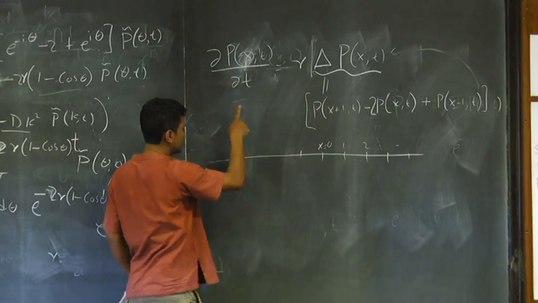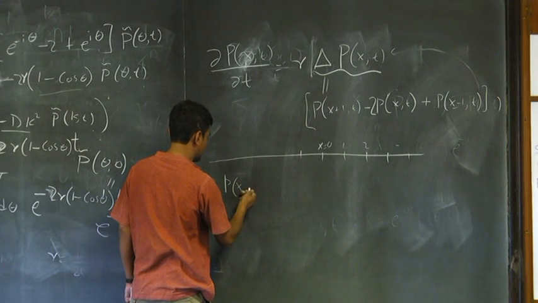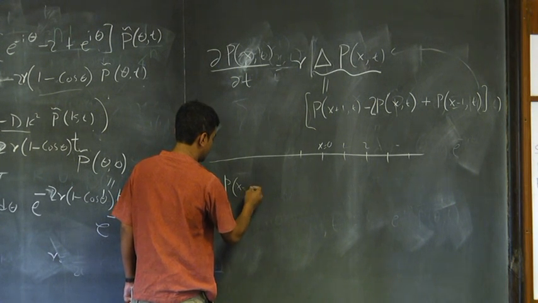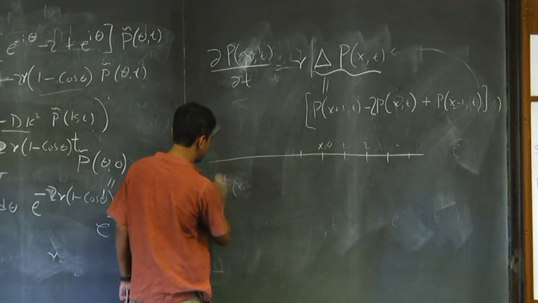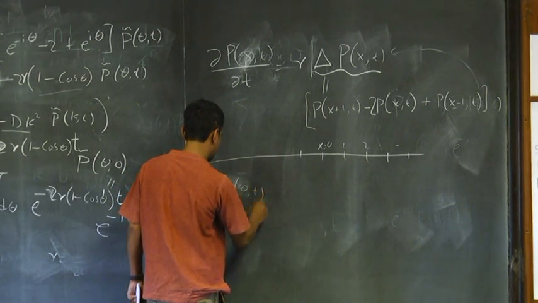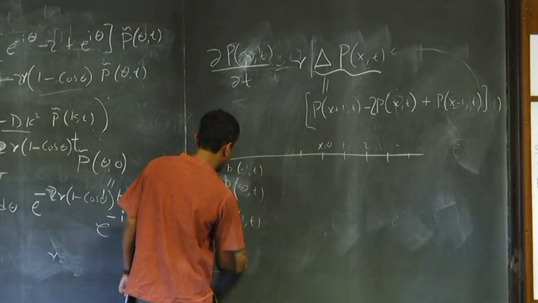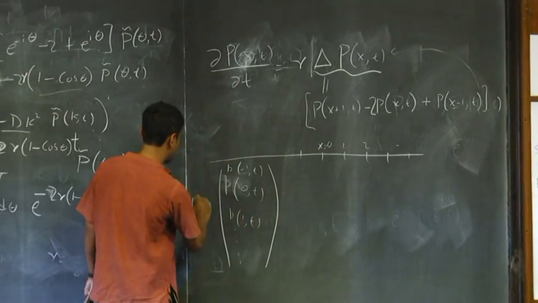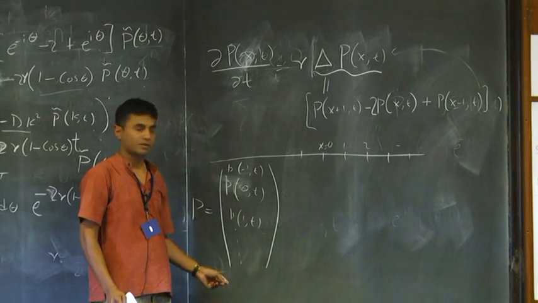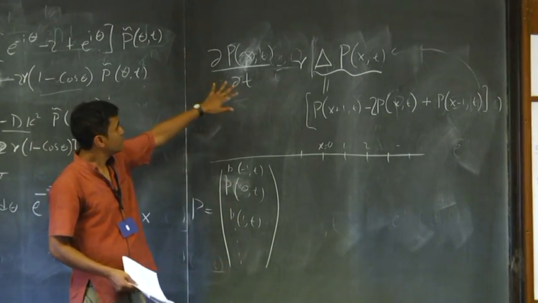If you think of this as a column vector, p of x for all possible x, this is of course an infinite vector, but basically p of 0, t, p of 1, t, and so on. So I can form a vector like this which I call P. It's just a probability vector which gives me the probability at each site. After some sites it is of course 0, but I can just write this infinite vector, and this one is then basically